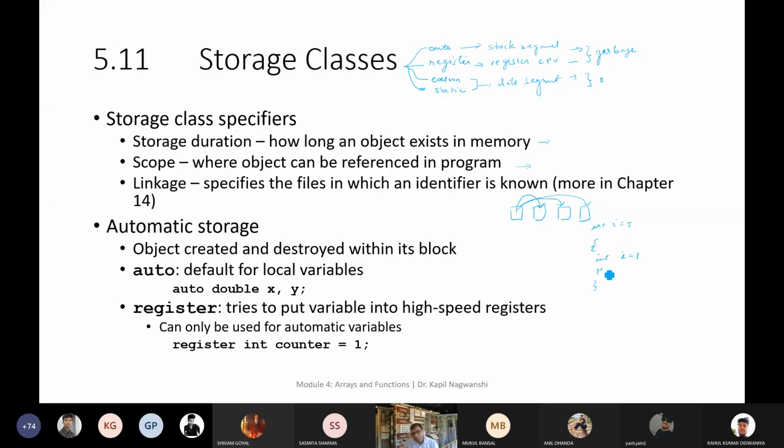So whenever I am printing i, this will always print 1. And if I am going out of this scope and I write print i, then it will give me 5, because its scope is global. And if it is not there, then it will print 5. So this is the scoping of variable. This is known as scoping of variable.